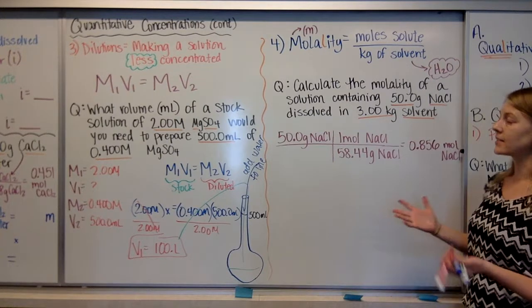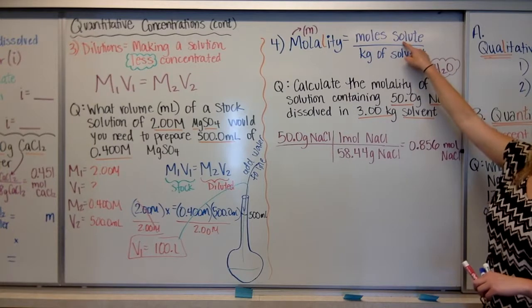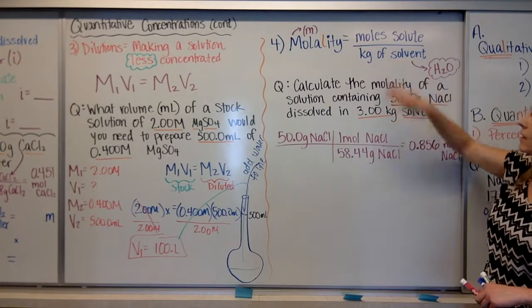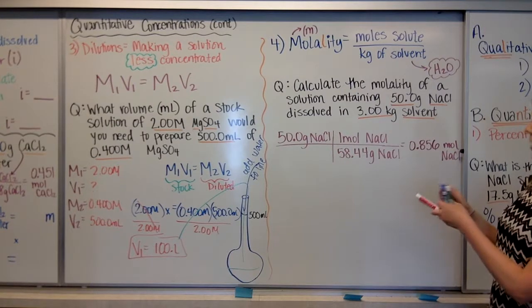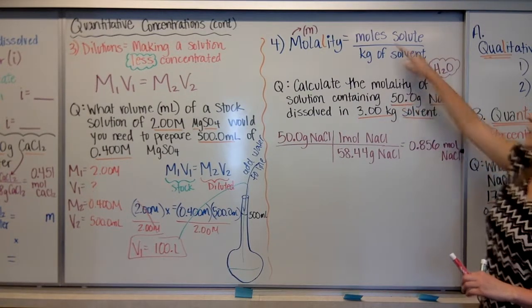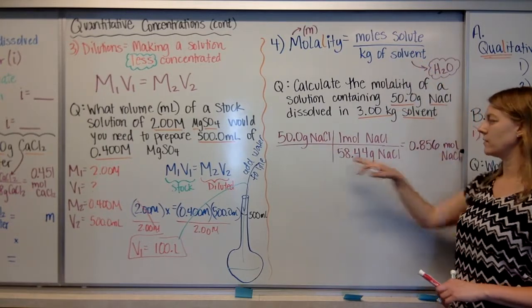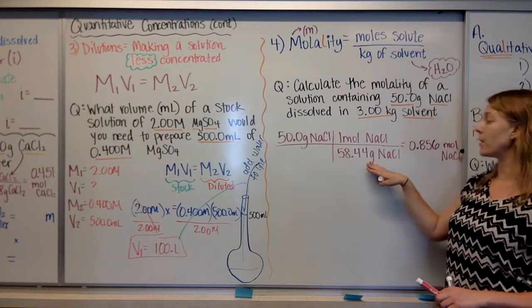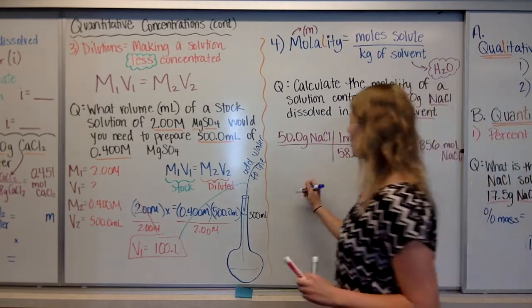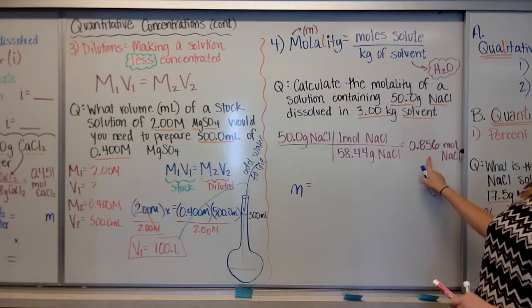Great. We have grams of solute, but we need moles. We have kilograms of solvent. That's what we need. So we are going to solve this because we have grams and we need moles. I've already converted from grams to moles. Same process as before, divide by the molar mass. We have 0.856 moles. So molality, little m, is equal to the moles of the solute, which I have here,